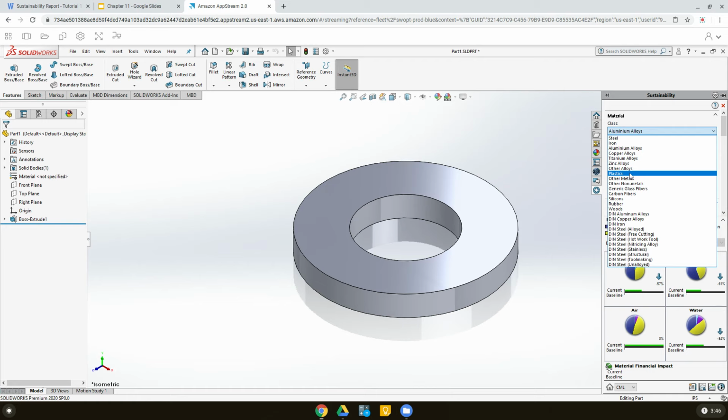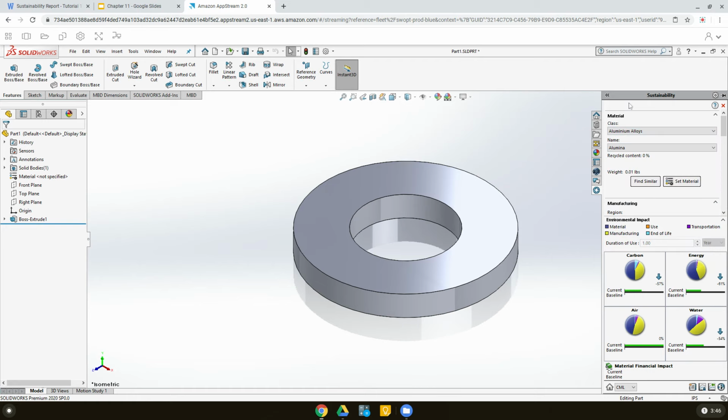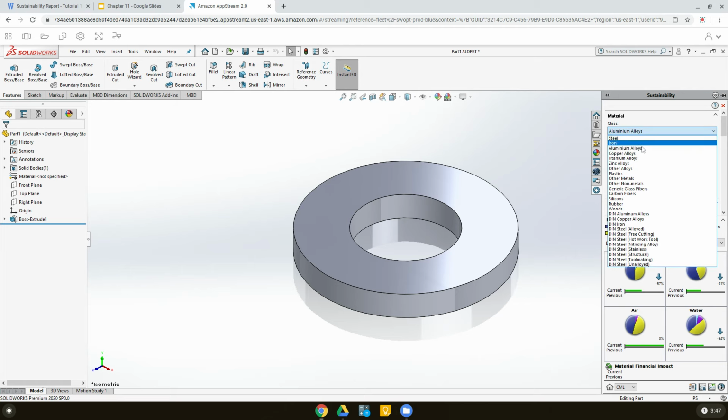We can, of course, if you want aluminum to be your new baseline, do that first. So if you want to do that, then you can set this as your new baseline. I'm gonna do that. Okay, and now we are going to use plastics,